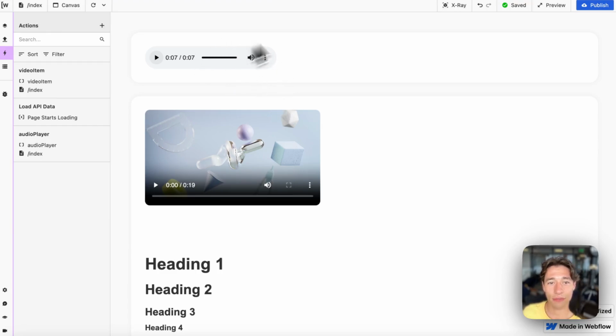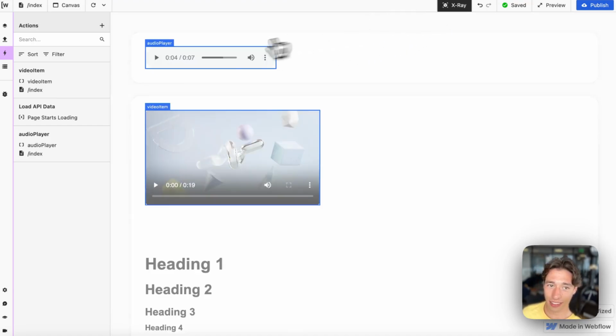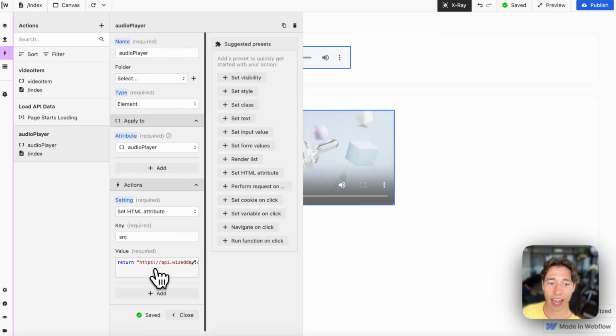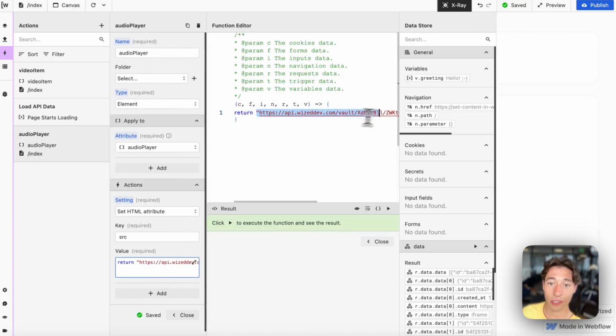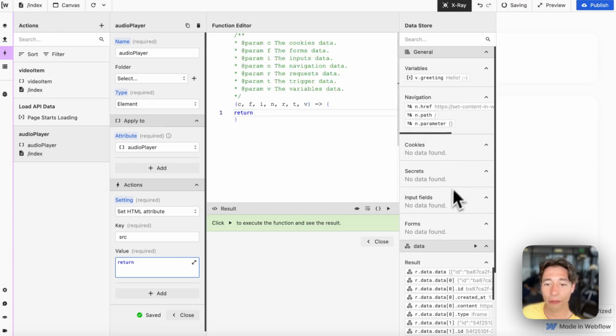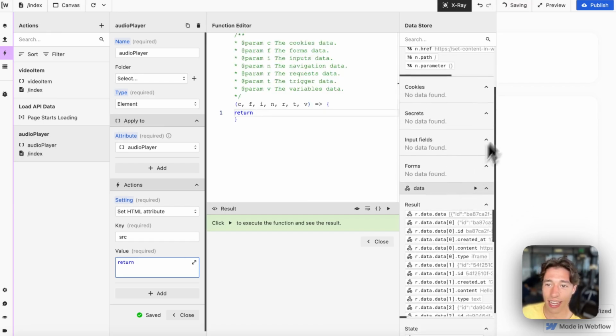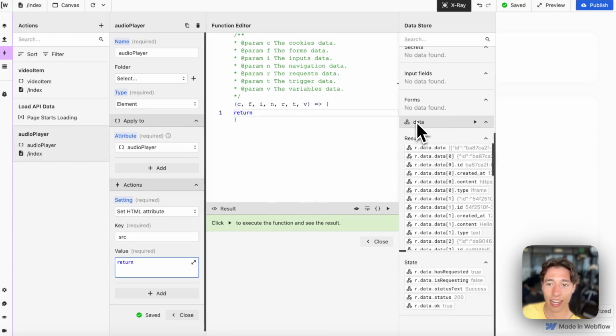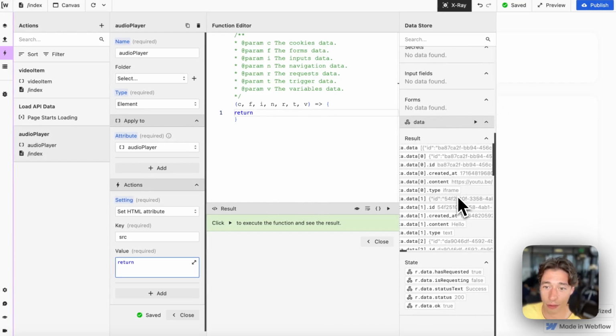And I have my audio player in here, which I can go back and make this louder, and it's really cool. So now we got that working, and we're rendering this static. So we want to do the same thing we did for the video, and we want to render this based on the data. So we're going to go to the data that happened when we did our API request, and